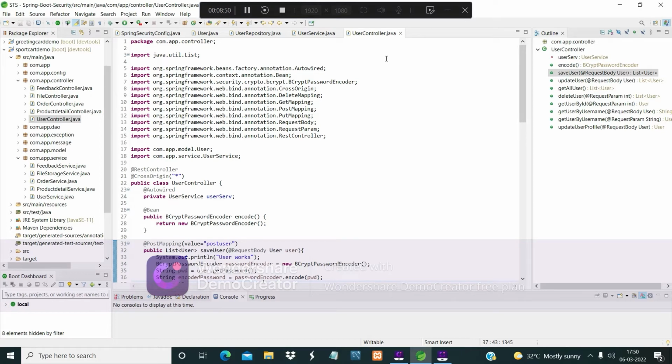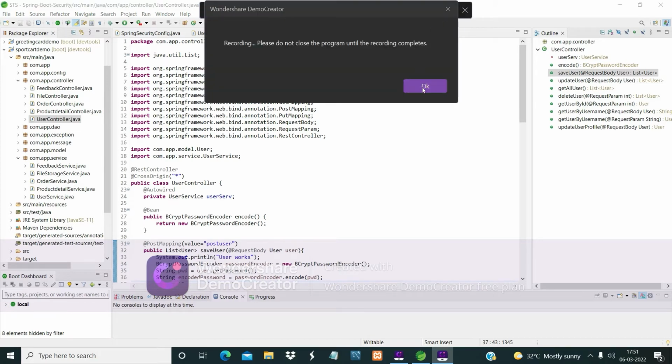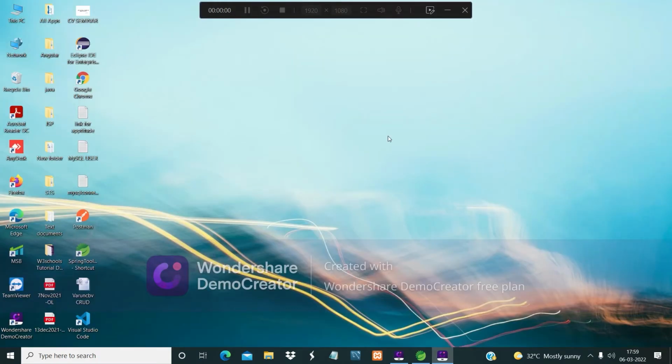Then next I will move on to the Angular front end. Hello guys. Here I'll implement the front end of the Spring Boot security, which I have already introduced. The Spring Boot security using in-memory authentication and the bcrypt password security. This is the front end using Angular. So let's get started.